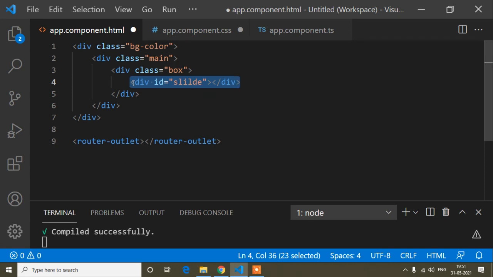Suppose I want to change the background color of this element: in JavaScript we can write document.getElementById, the ID is slide, dot style dot background color, and add the color, and it will change the background color of this div. But in Angular we cannot write it this way.